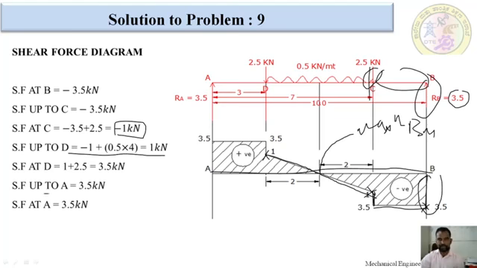At D point we got 3, this is 3 positive. I have to mark it here and join with a vertical line. Whenever there is a point load, there would be a vertical line on the shear force diagram. After that, there is no load between these 2 points, so we will draw a horizontal line. After completing A point, we have to join with the baseline 0 line. This is positive. This is negative. This completes the shear force diagram.